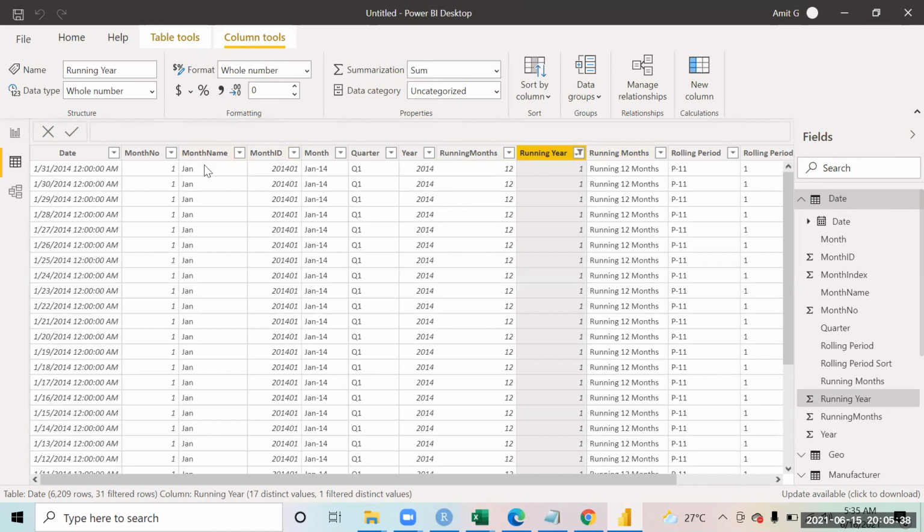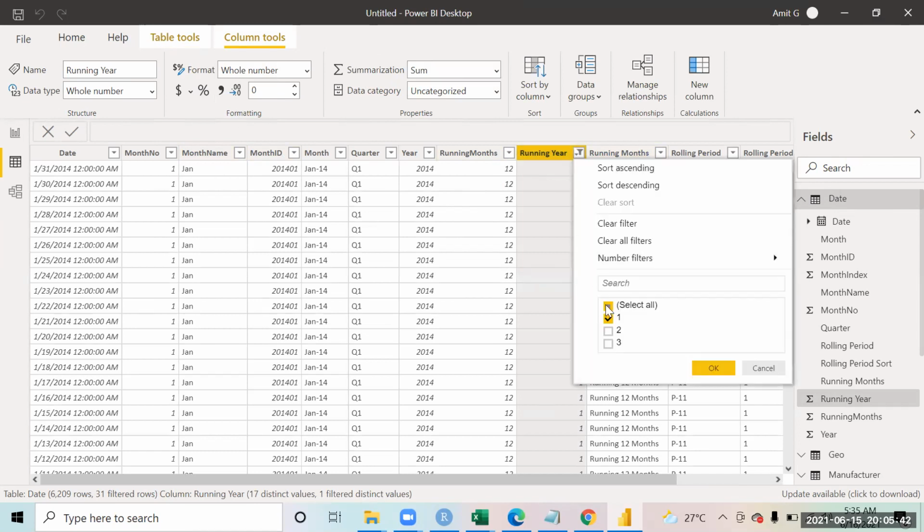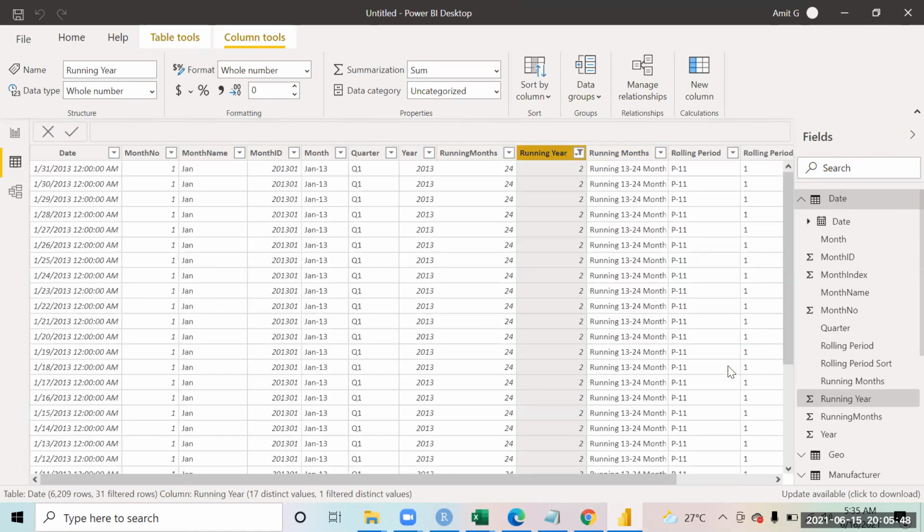So you see the month name over here. So if you now come to year number 2, it will show you 24, right? Because year 1 plus year 2 makes it 24 months. So that is how running months and running year is represented over here. That means now we are in the second year, right? So this 2012 became 2013. Now we're in the second year, which has again 12 months. So that makes a total of 24 months of period. And we have the months running from 13 to 24th month. So that is what the running month and running year is telling.